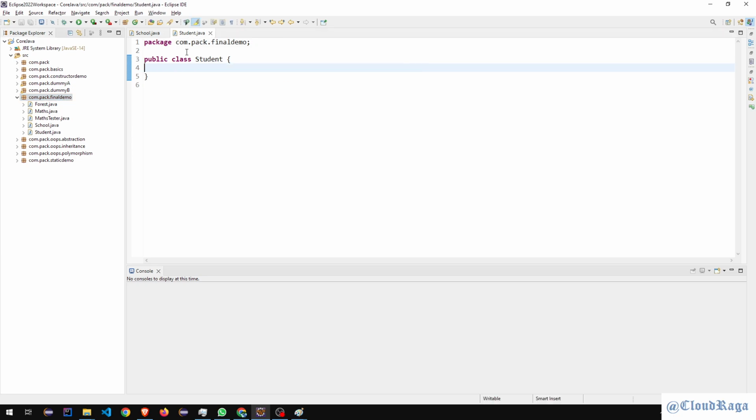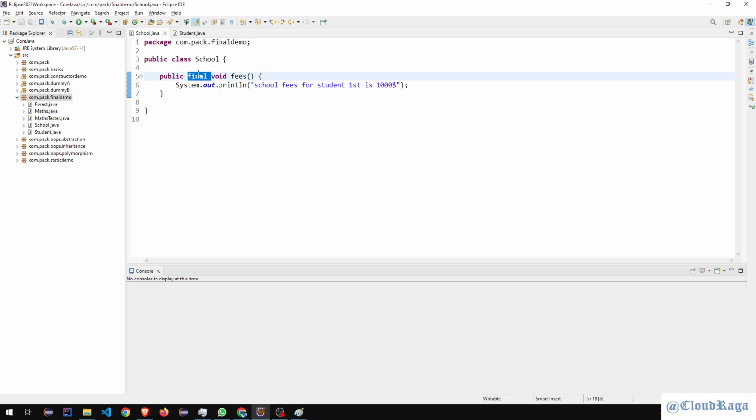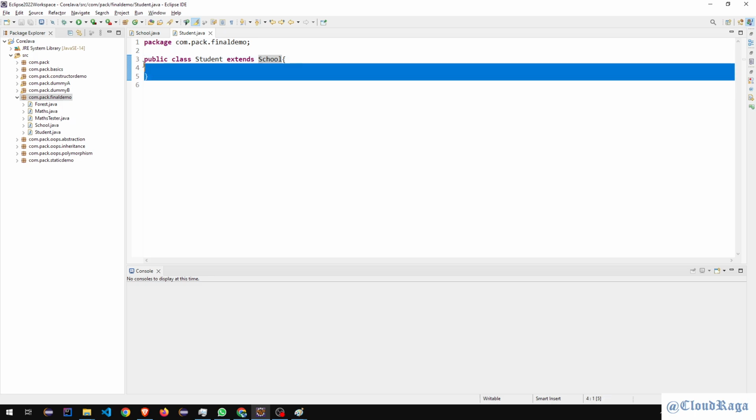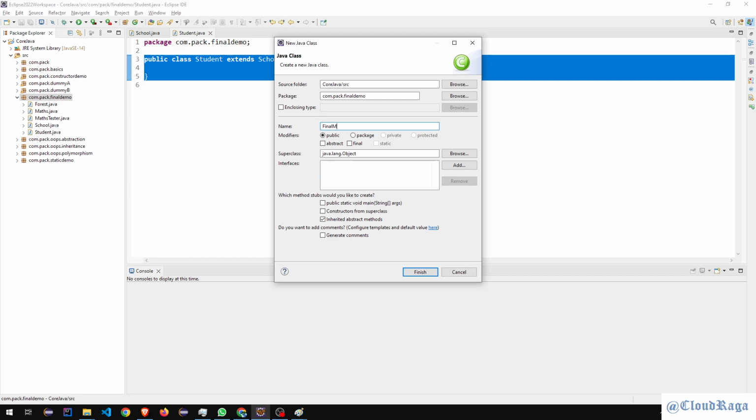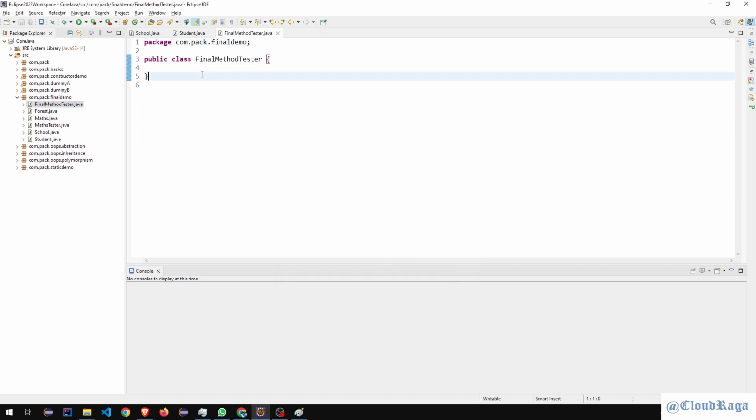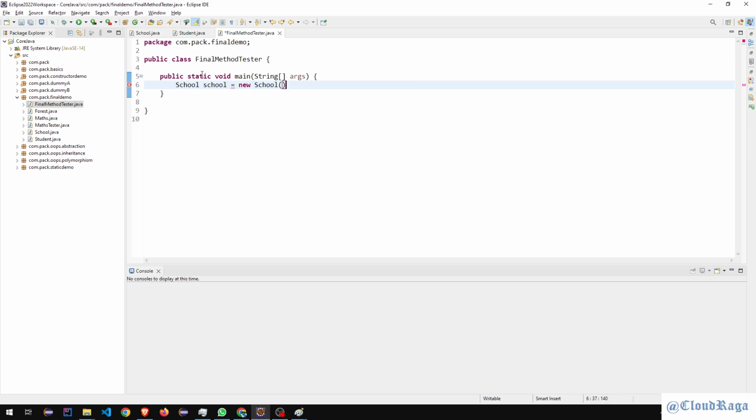Right now, the Student class is just a normal class, so we'll say extends, which I missed first of all. So the School class, now Student is a child of the School class. Again, notice guys, I have used final with the method signature, not with a class. So the class is normal, so that can also be easily inherited. Okay, going to create a tester. Let's say FinalMethodTester. Done. Main method done. Let's create an object of School first. So School equals new School, then